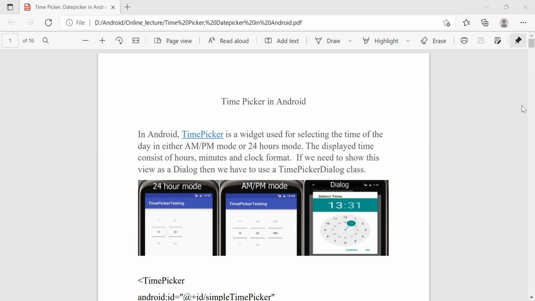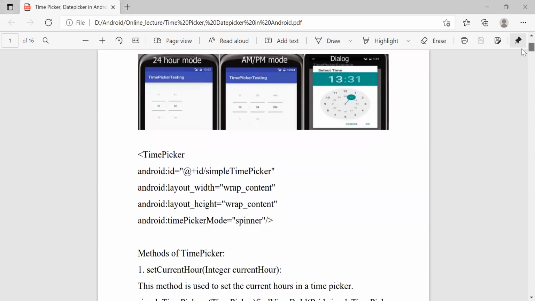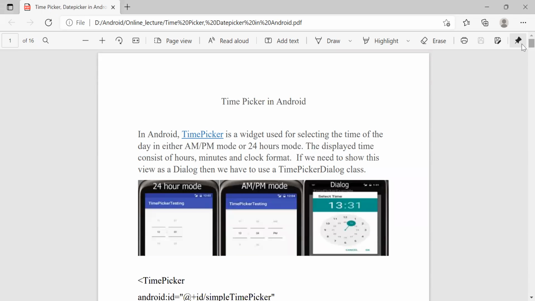In Android, the time picker is a widget that is used for selecting the time of the day in either AM or PM mode or 24-hour mode. So it is generally the control used to choose the time. We can set it in the form of AM, PM, or in 24-hour mode, so for that we select the mode.